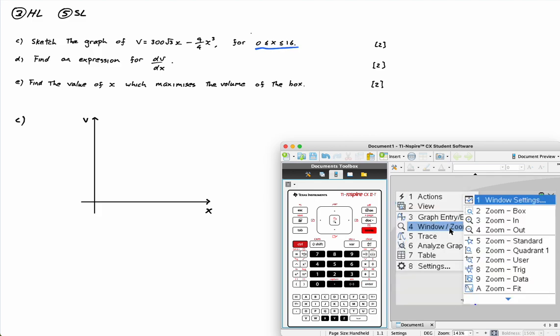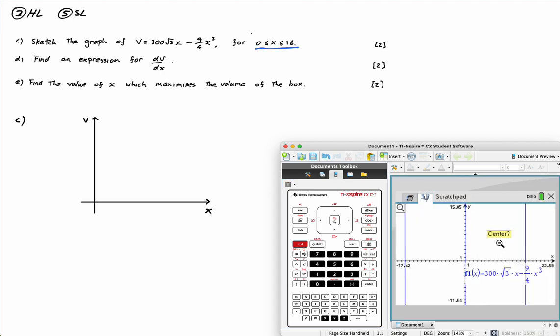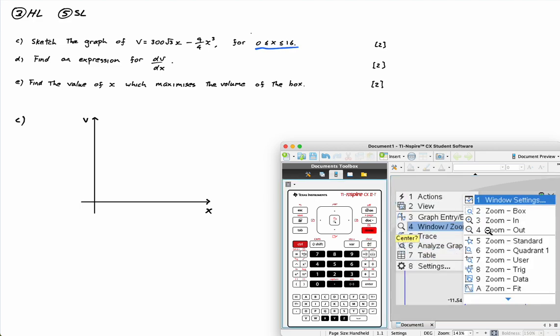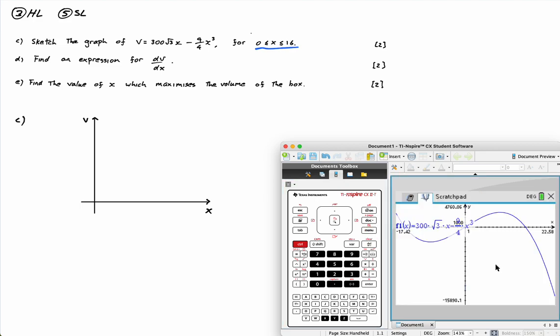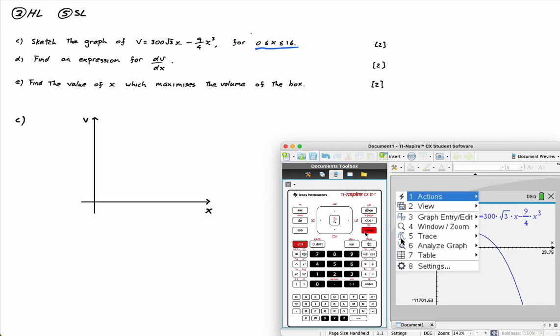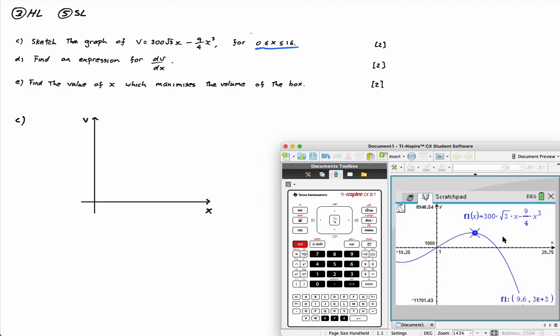Let's zoom out. Okay, hard to know what exactly is happening here. Let's do menu, zoom fit. Okay, that looks not so bad. Remember, guys, I always try the zoom fit to see what is going on. And here I can see, if I do graph trace,